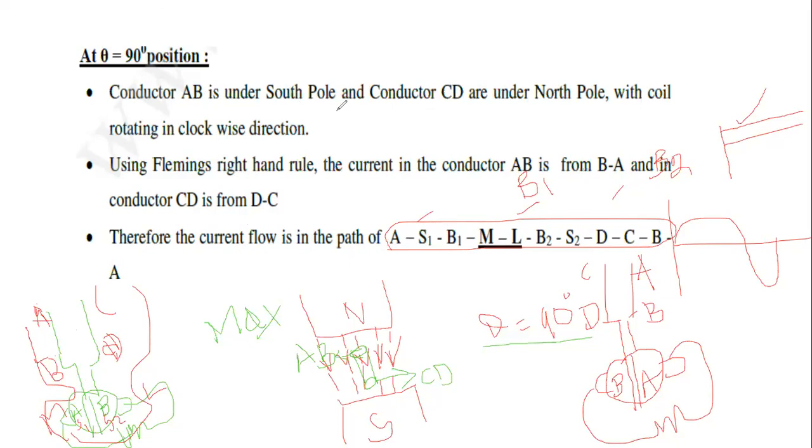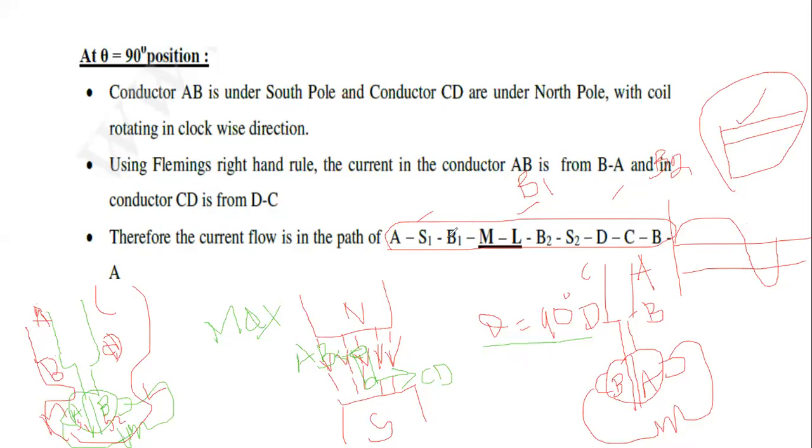While we were observing the working principle of a DC generator in the previous class, the output was like this, that is the AC voltage or the AC current. But in the DC generator, we are using the commutator. The main purpose of the commutator is that this AC current is converted into DC by using the commutator segments. How will it be converted? Instead of slip rings, we are using split rings.